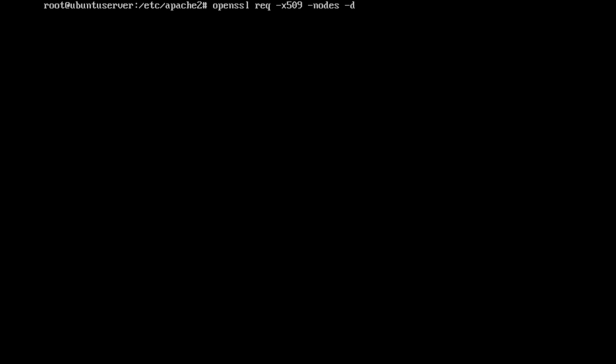And then -days 365, that is the validity period of the certificate. -new key RSA 2048, and this option is used to create a new private key based on RSA algorithm with a key size of 2048 bits. And finally, let me use the keyout option and give the path